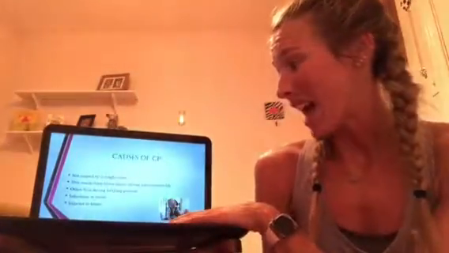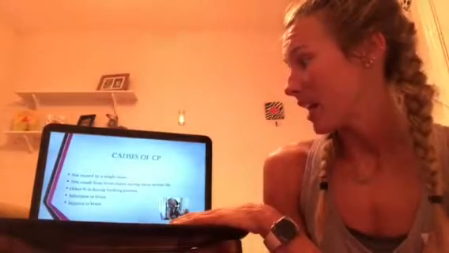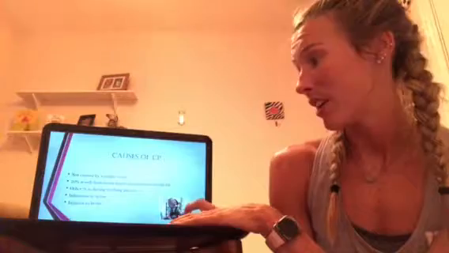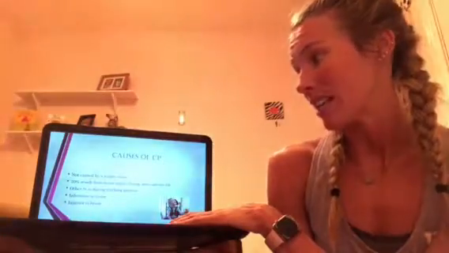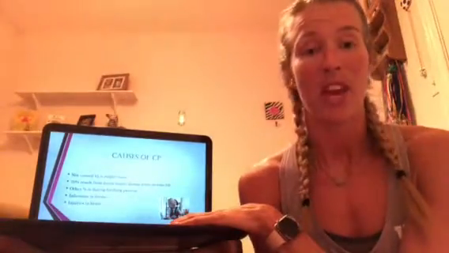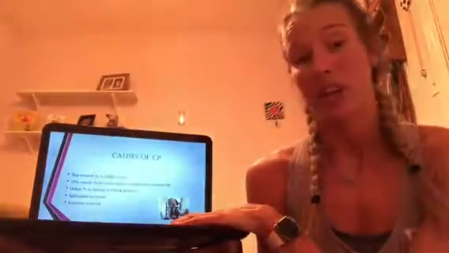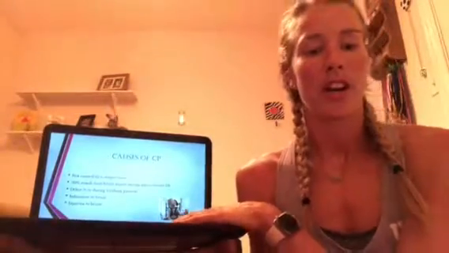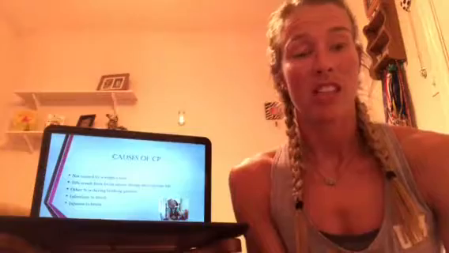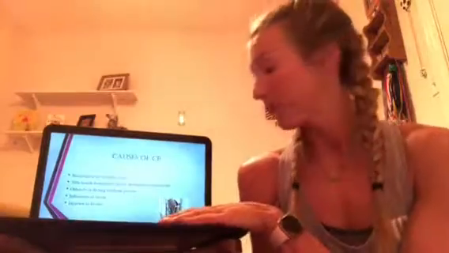There's certain things that you can get. For 70% of people who have cerebral palsy, it is a result of brain injury in the intra-life of birth, and then the other percentage is during your birthing process. Now, there are different things such as infections, meningitis, jaundice, and even car crashes. People who get in really bad car crashes and have brain trauma, that can cause cerebral palsy as well.